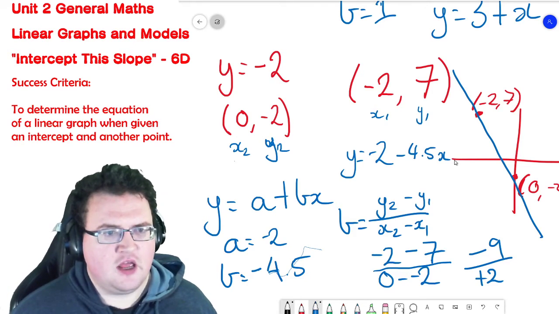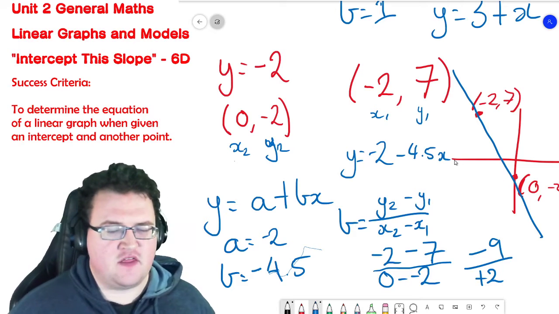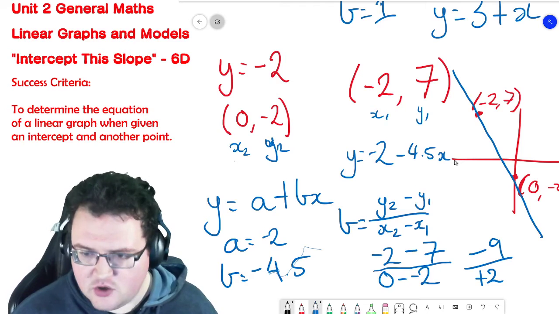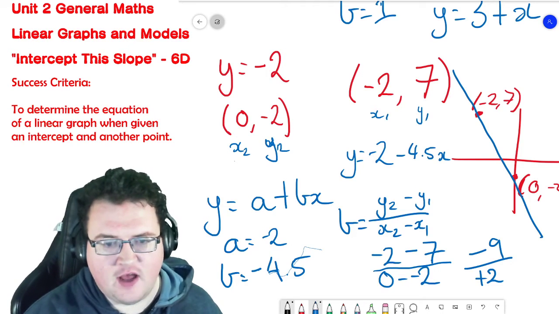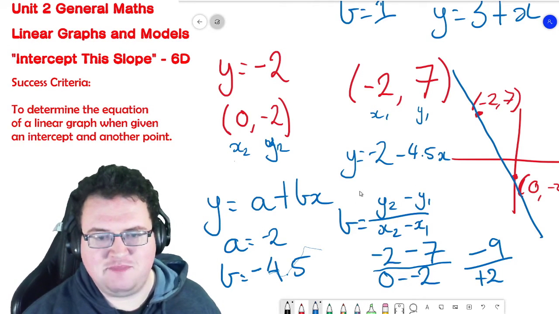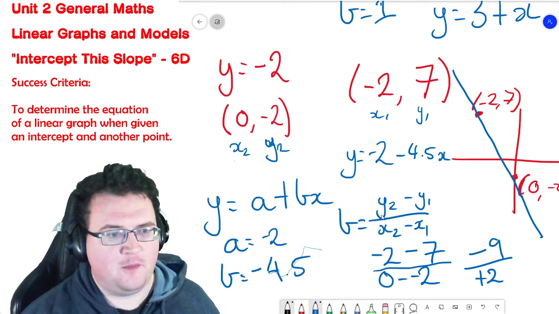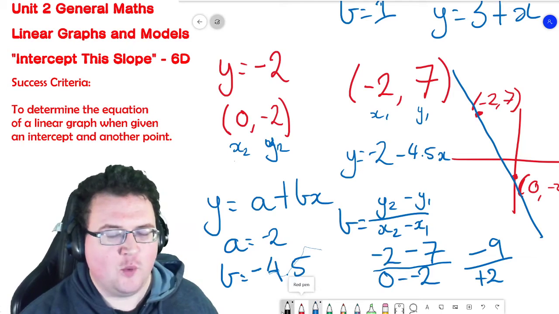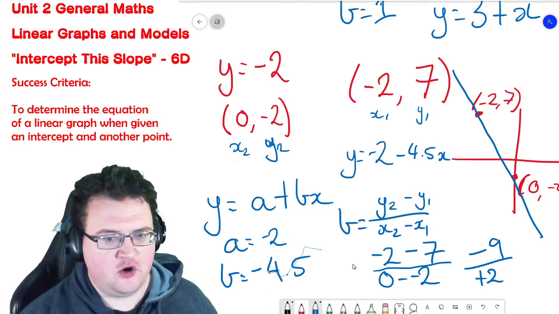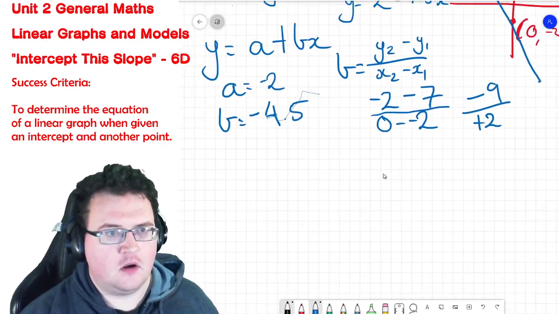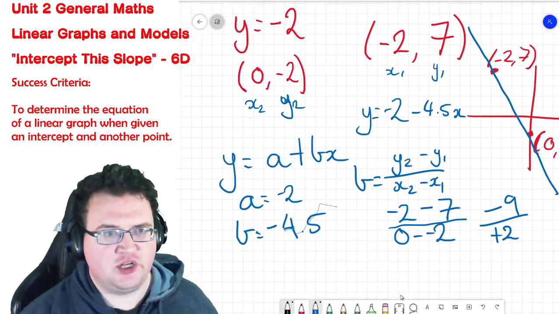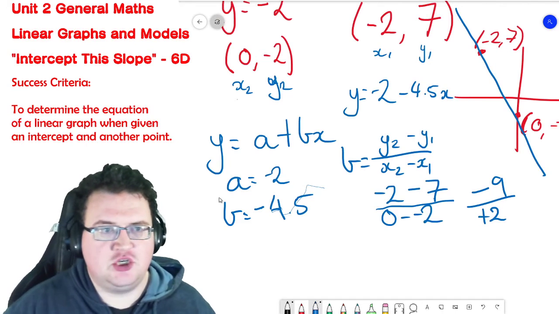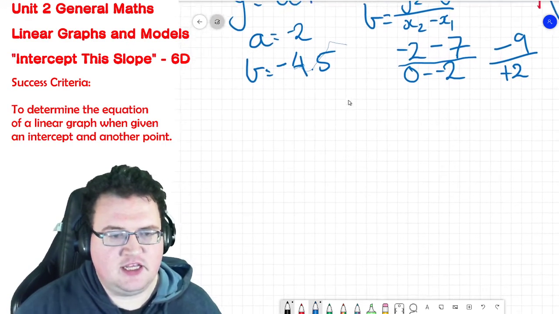But sir, if I already know A and I already know another point, can't I just solve for B that way? Why, yes, you can. However, we want you to build up the skills of using this formula first, because you will need it later on when I don't give you the intercepts to work with. So for example, if I were to solve this question without working out the gradient, what I can do is go